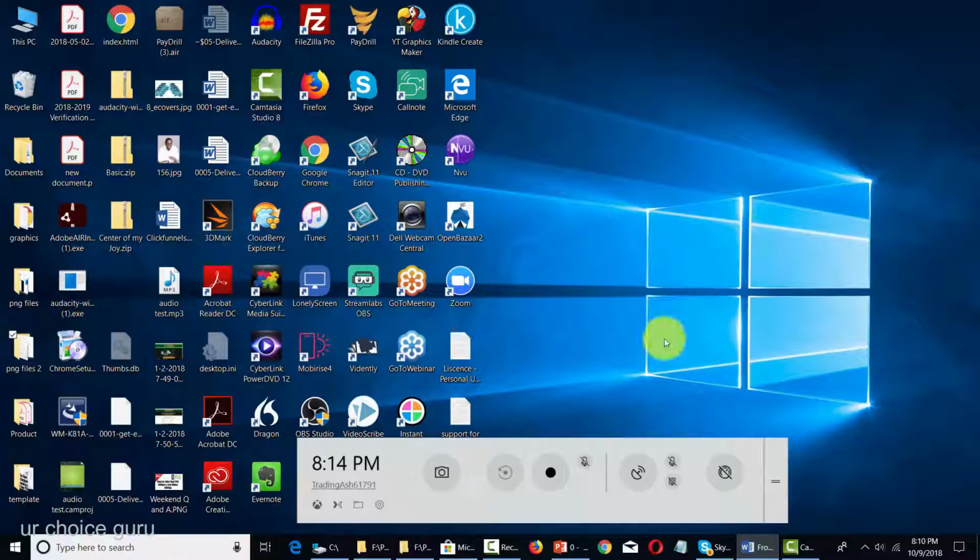You'll then see a bar available to you at the bottom of the screen. And this bar will allow you to record your screen. You have your mic available to you if you want to use it while recording. You can also click this button in order to get started. If you want to take a snapshot of what you're doing, you can click this camera button and that'll take a screenshot of your action. And then if you want to broadcast, you can use this button to broadcast what you're